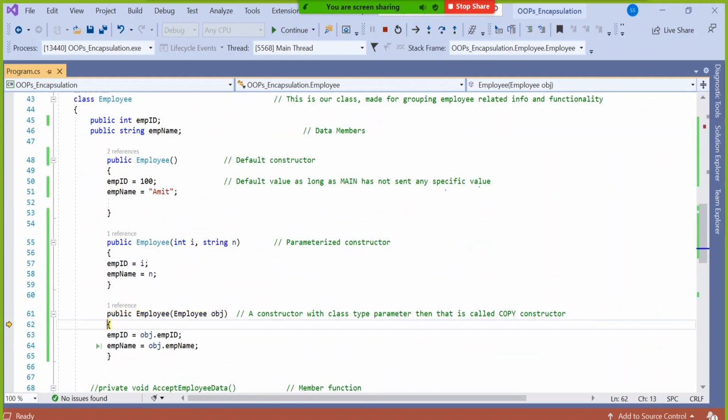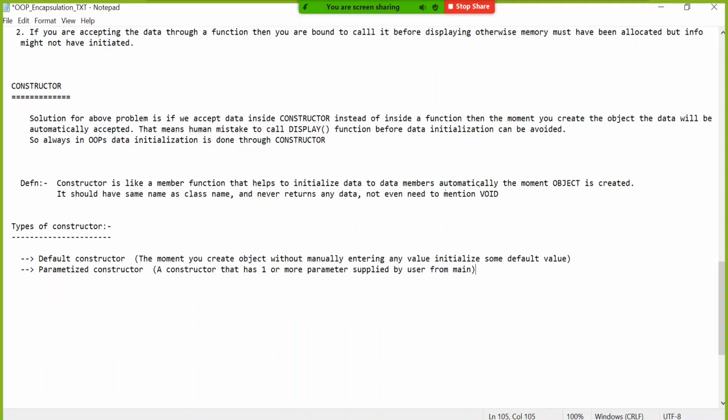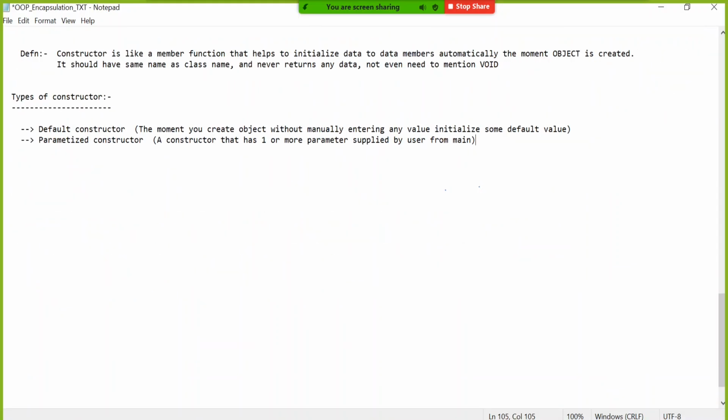Approach number 2 is using simple parameterized constructor, and approach number 3 is using copy constructor. So copy constructor is also a parameterized constructor, but all parameterized constructors are not copy constructors. So let me write that note here.